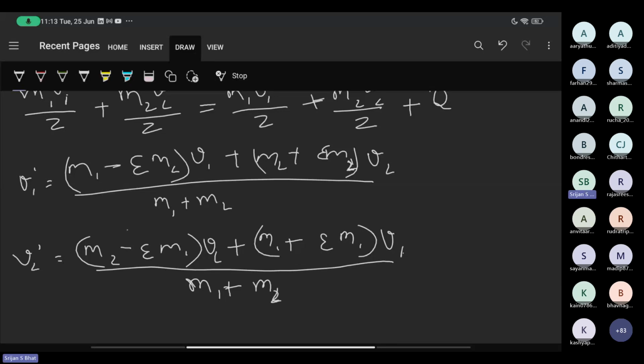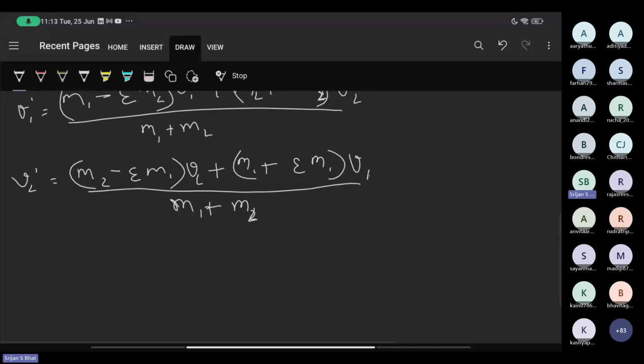This is not the factor by which the mass has changed. It is the ratio of how the velocity has changed, which is V2 dash minus V1 dash divided by V2 minus V1.